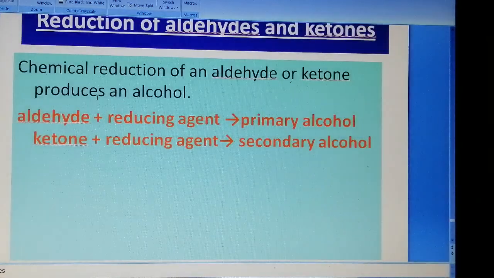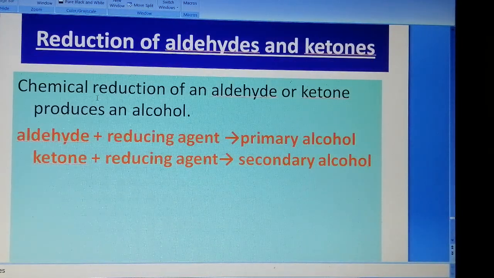So first thing you have to know, reduction is the opposite of oxidation. We have studied primary alcohols on oxidation you will get aldehyde. So an aldehyde on reduction you should get a primary alcohol, and a ketone on reduction you should get a secondary alcohol. If I say primary alcohol on oxidation, what you will write? You will write aldehyde. Secondary alcohol on oxidation, what we will get? Ketone. Here the opposite. Ketones on reduction will give you secondary alcohol. Aldehydes on reduction will give primary alcohol.